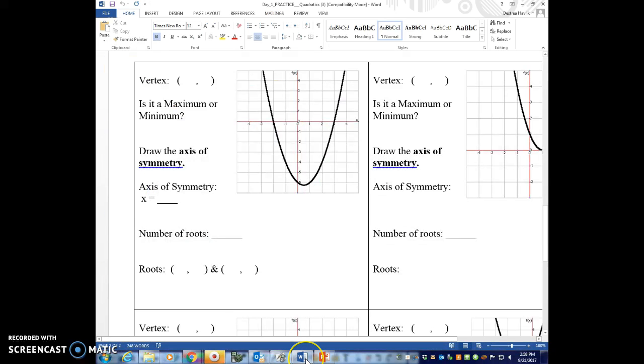Okay, so let's get to our assignment today. I'm going to do the very first part with you, and then we're going to move on from there. Okay? So, let's look at this first one. First thing it says, where is the vertex? The vertex is the very lowest point right here. Okay? So it's at 0.5 or 1/2. Okay? And it goes all the way down to, it looks like 4.25